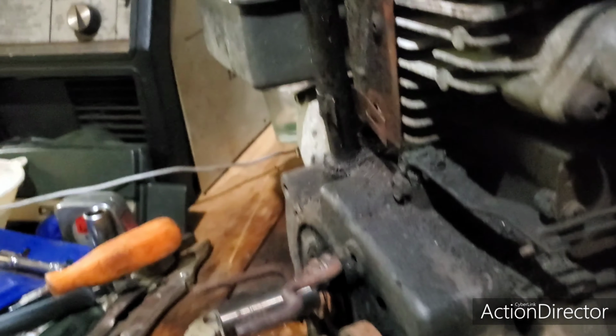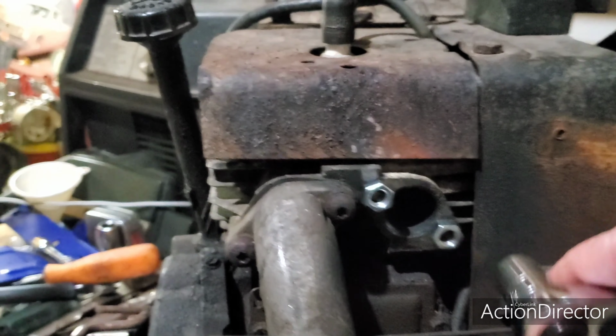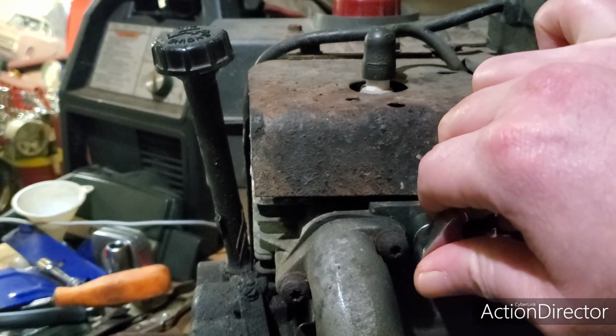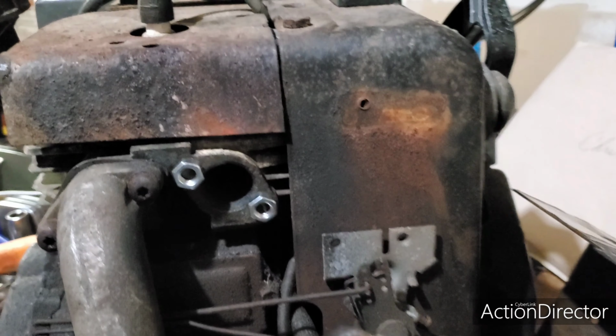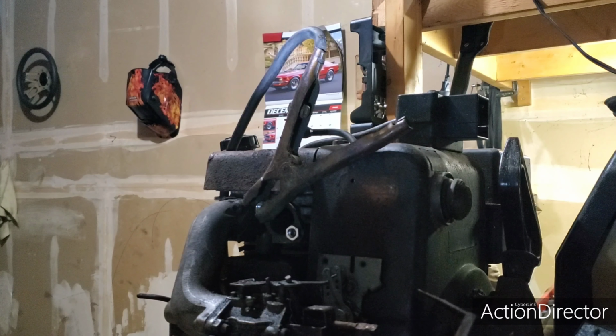try and tap them. Drill and tap if this does not work. So it better work. So